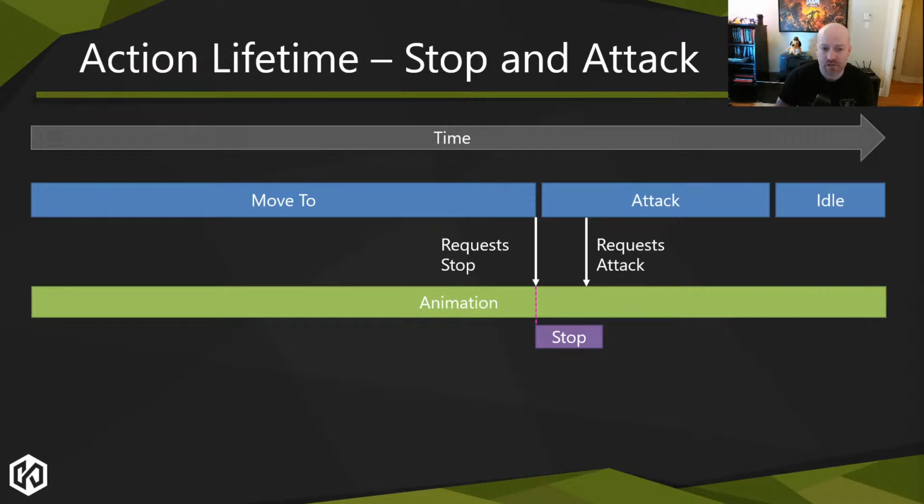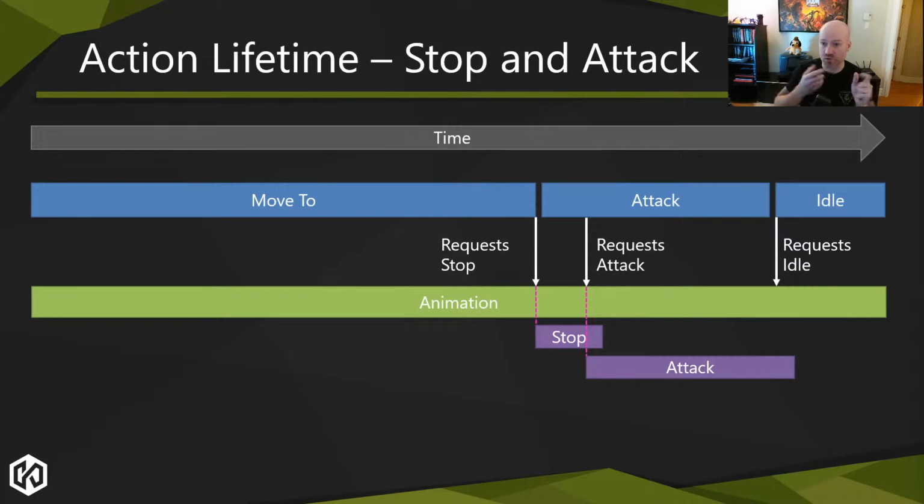Once the attack issues that request, we switch the animation state into an attack, which will then blend the stop and the attack together. So the animator will know, I'm in a stop, I've been told to attack, how do I do that? Same thing happens with the attack. I reach a certain frame in my attack animation that the animator flags and says, hey, at this point, you're done with the attack. You can leave. They often call this cut time, interrupt time, or blend time. And at that point, we end the attack action.